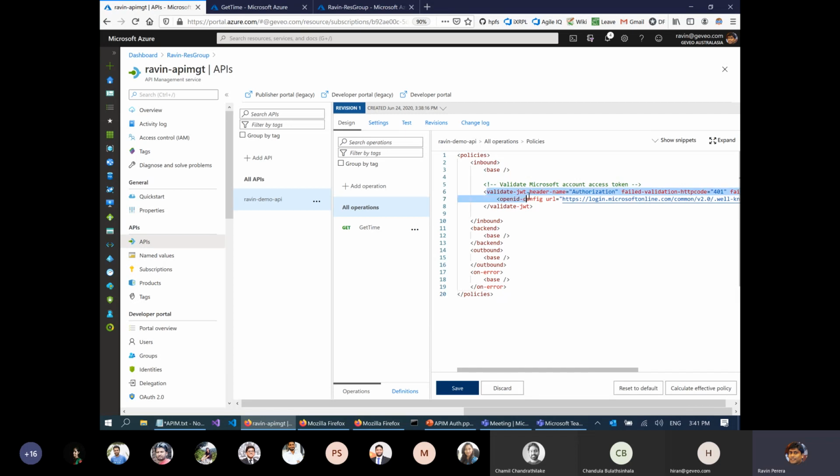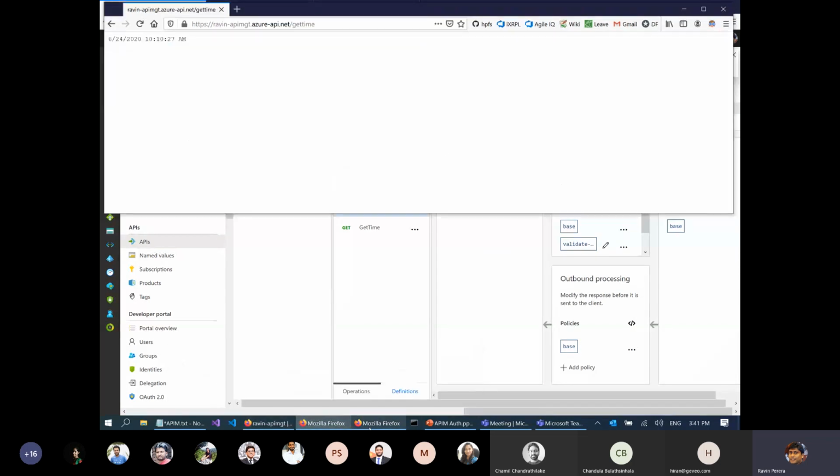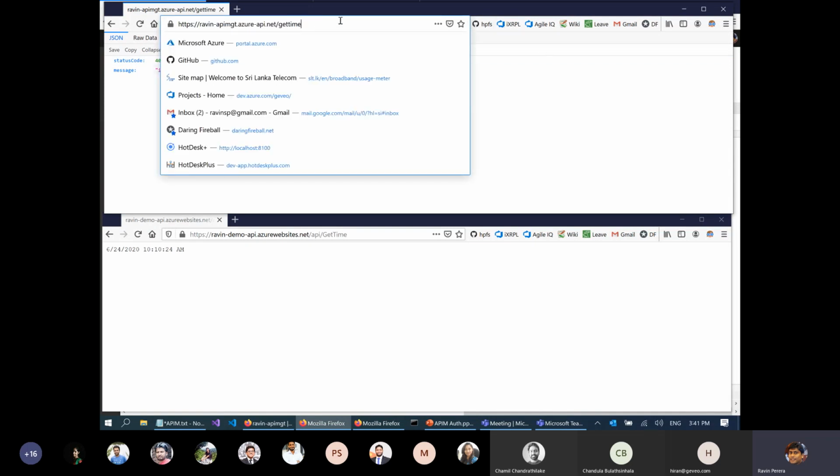So you can see there's this validate JWT policy. So basically here what I'm saying is only allow the request if a valid Microsoft token is present. Otherwise return 401. Okay. So if I save this policy, it might take a few seconds for the change to take effect. Okay. Now you can see it's returning invalid grant,